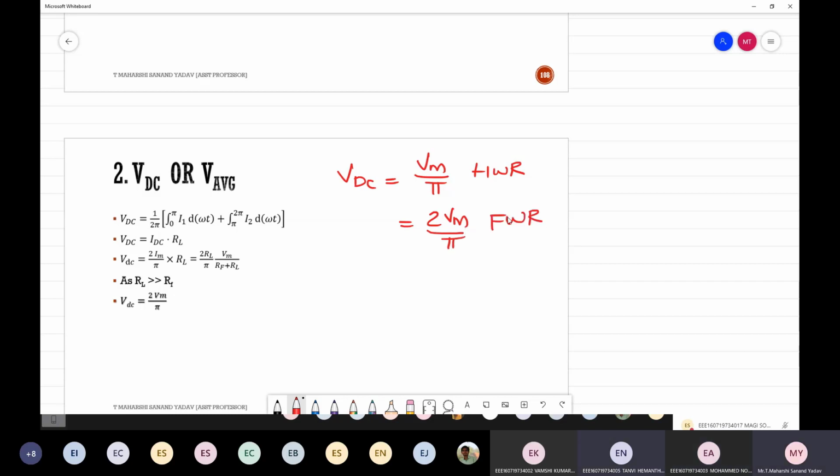I hope you are able to solve this, right? Or else should I solve it again? Anyone? Please let me know. Because as we have discussed in detail for half wave rectifier, I'm just telling you the overview, and this is a small change, integrating it for both the intervals of time. Do you want me to solve, or is it okay? Okay, sir. Okay, right.